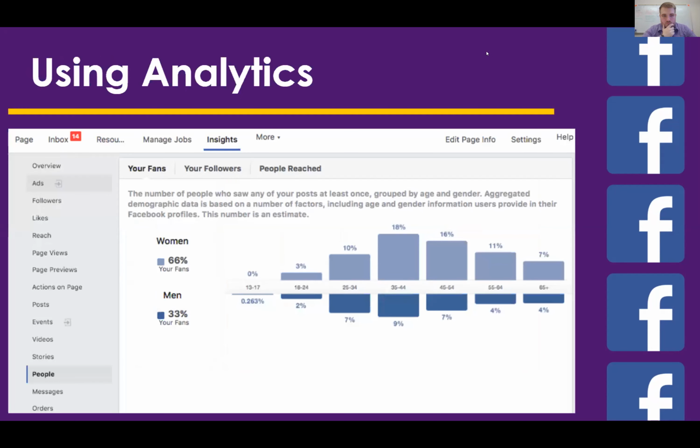Okay, so now we have talked about posting, what to post, how to gain followers with those postings. And so now let's talk about using analytics with a Facebook page. Don't get overwhelmed with using analytics. They are your friend. So to access your Facebook analytics, you're going to go to the top of your page,